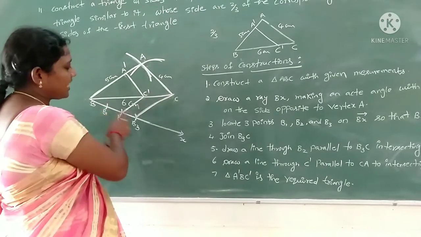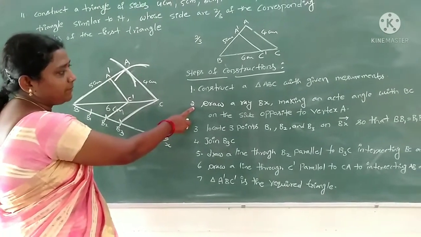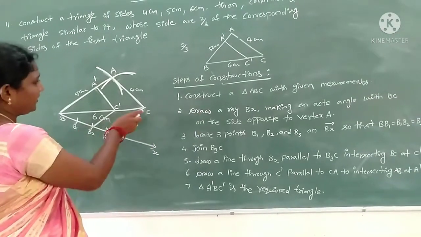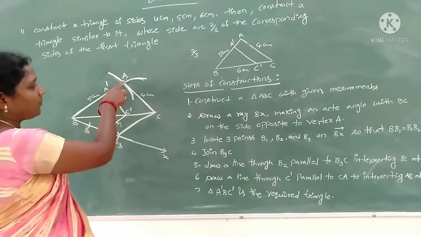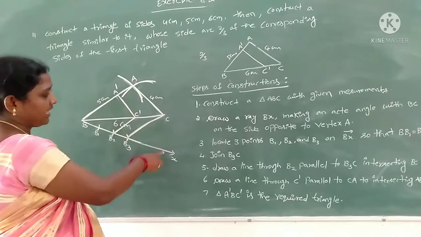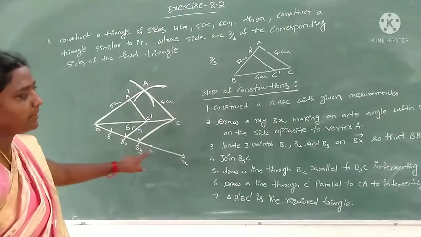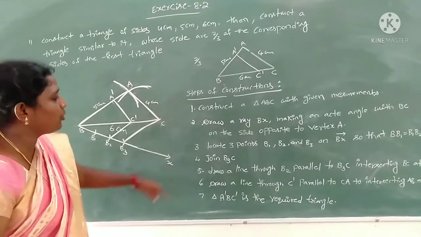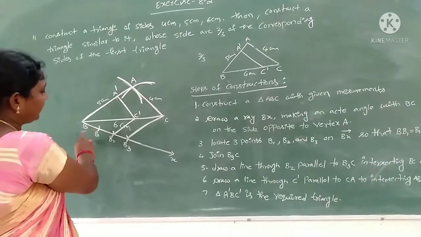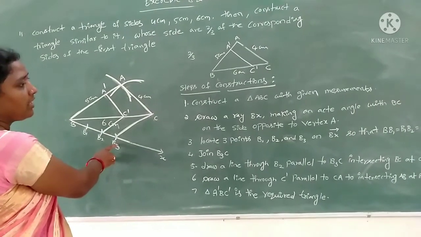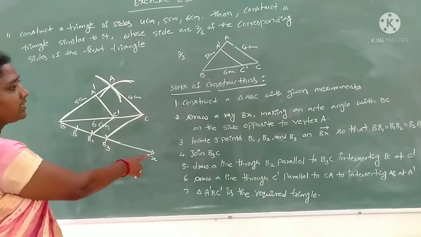Next draw a ray BX making an acute angle with BC on the side opposite the vertex A. Third, locate 3 points B1, B2, B3 on the BX ray so that